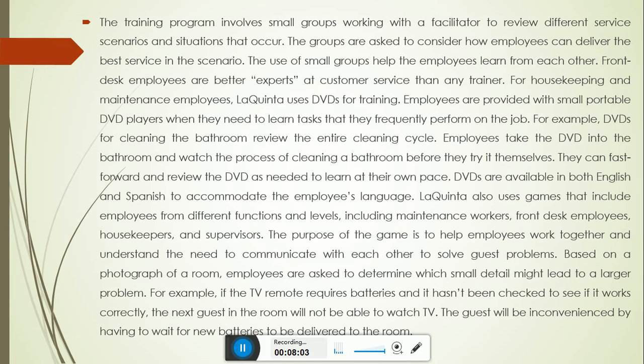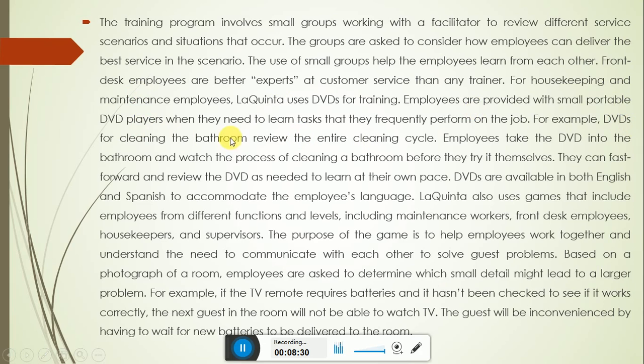Now there's the iPad, so you can give them videos on the iPad, and they can watch how to maintain a hotel room after the guests leave: what job you need to do, what you need to look after, beds, bed sheets, all these facilities. Let's say the dustbin, you need to change it on time, you need to clean the windows, everything needs to be clean and on time. So they were providing DVD players so their employees could learn.